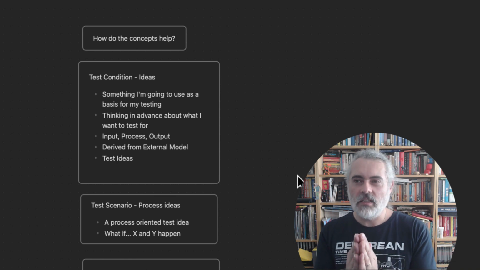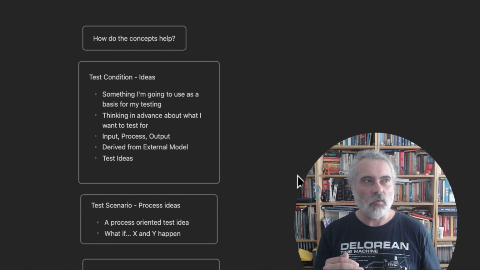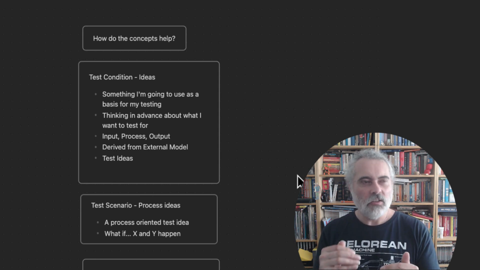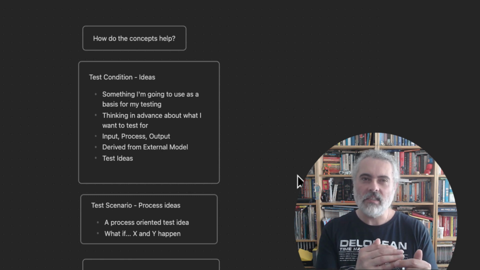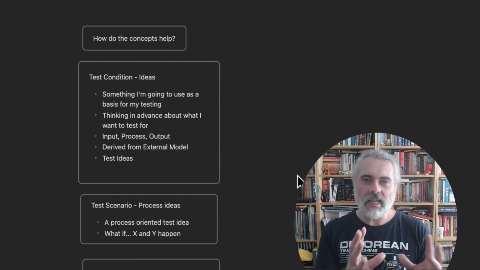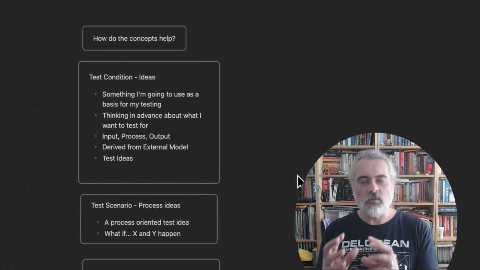ideas that I have for testing, I may want to think through them in detail because I'm trying to think, well, how can I check that? How can I observe if that has worked? Do I have access to the database in order to do that? Do I have tooling that lets me access the database? So I'm thinking ahead to make sure that I have the capabilities and access to allow me to do the